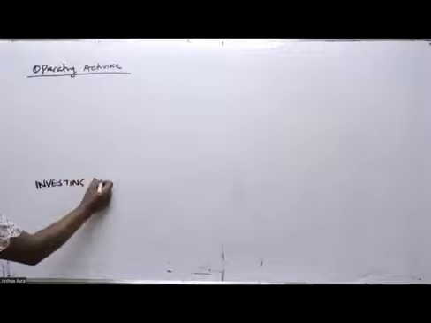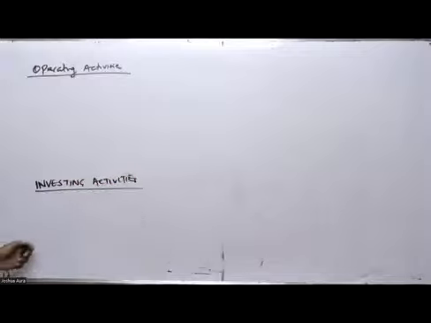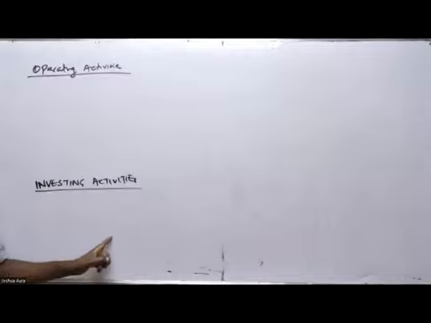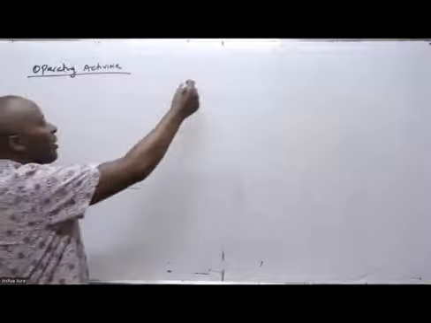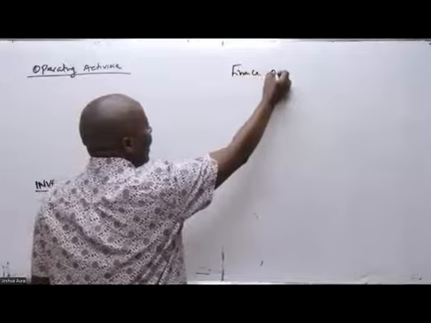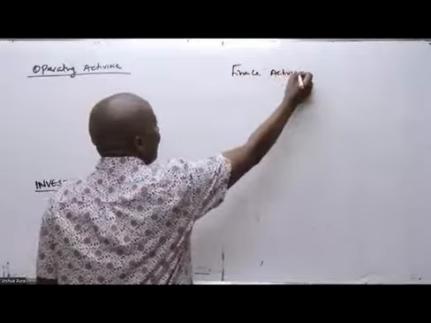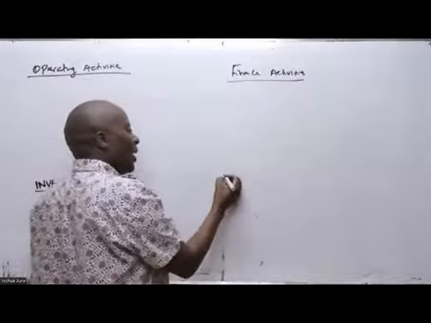Investing activities. If my board was big enough, I would have straight away written down here finance, but my board is not very good, it's not very big. So I'll come and write here financing activities. I skip some line, and then I'll come and mention here add